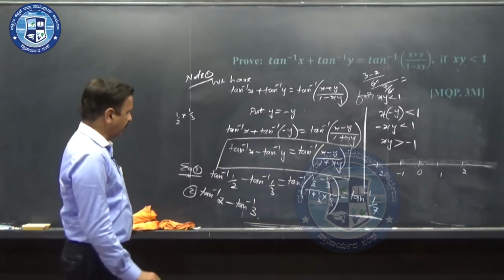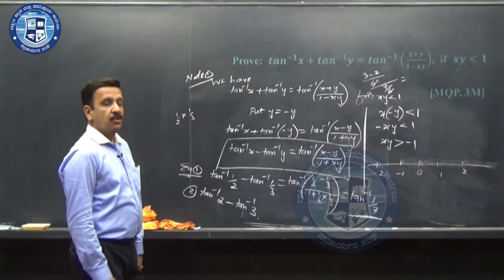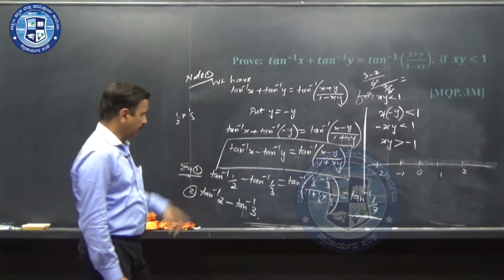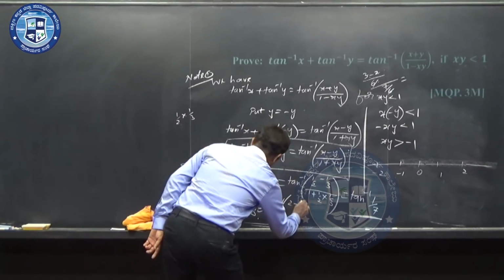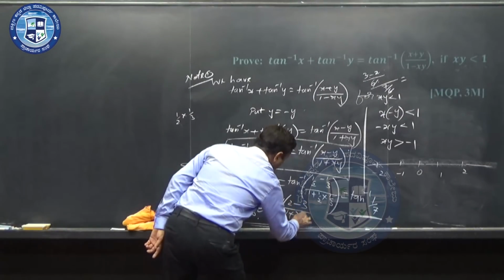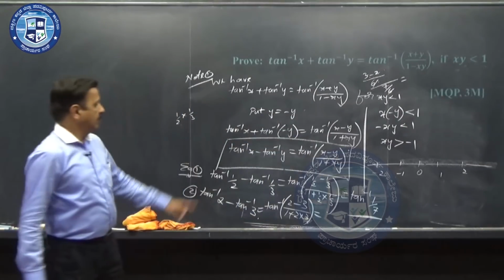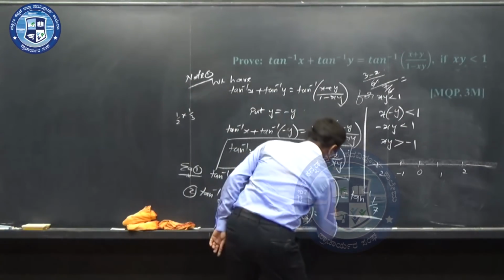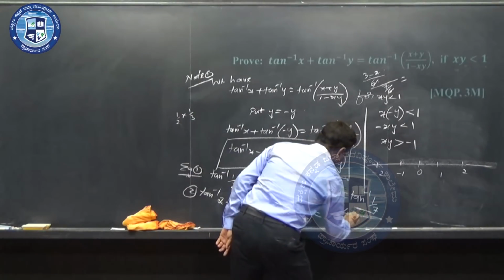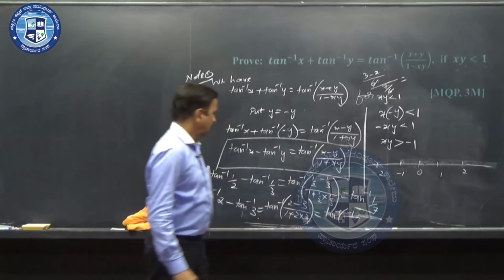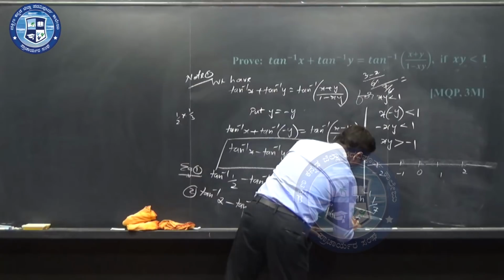Let us see what answer you are getting. So, you find that 2 into 3 is equal to 6, 6 is greater than minus 1. In such a case, this will be tan inverse of 2 minus 3 divided by 1 plus 2 into 3, that is equal to tan inverse of numerator minus 1 divided by 1 plus 6, 7, tan inverse of minus 1 by 7.